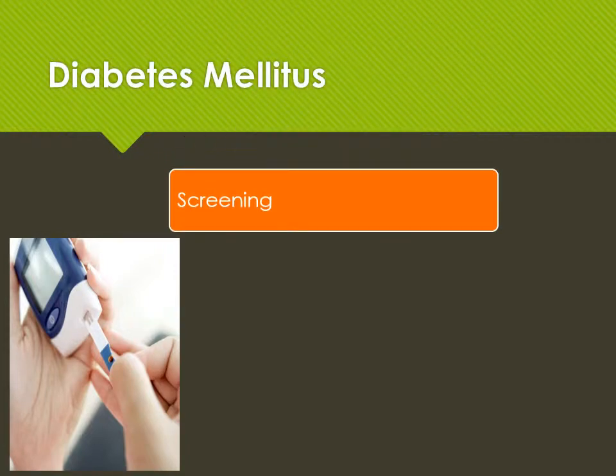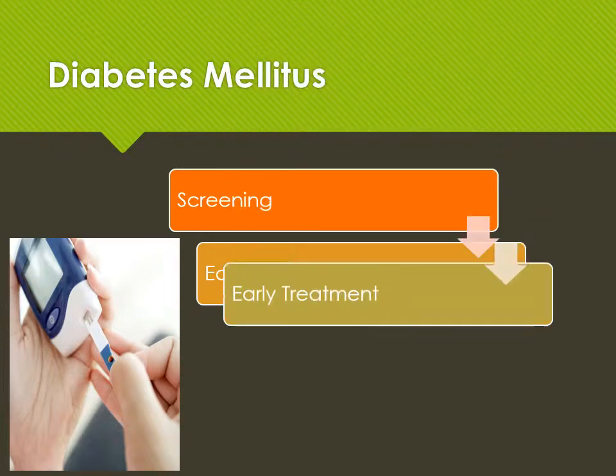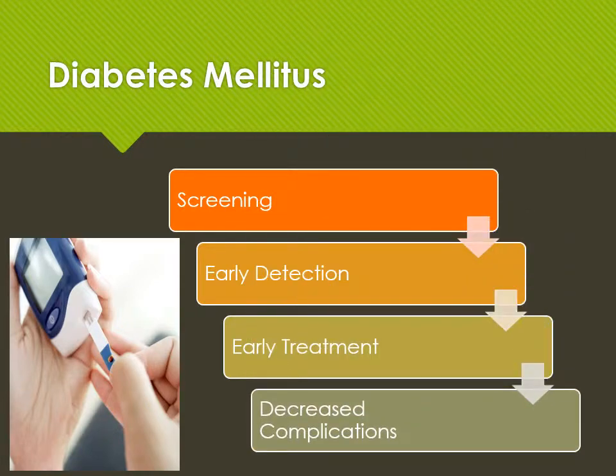Diabetes is a common disorder causing many preventable but devastating complications and is a major public health problem. Control of diabetes and its complications is a major focus for health promotion activities. No interventions are successful in preventing type 1 diabetes mellitus. For both types, we can treat through screenings, leading to early detection, which leads to early treatment, and decreases complications.